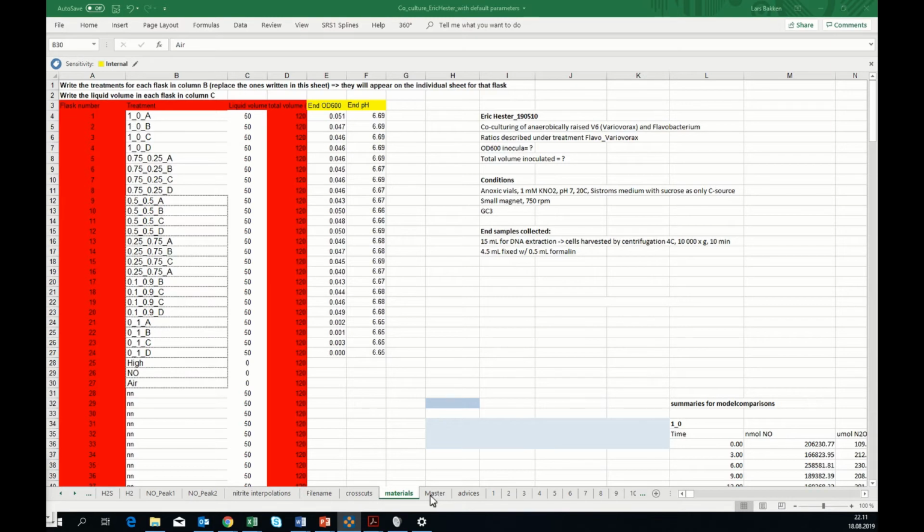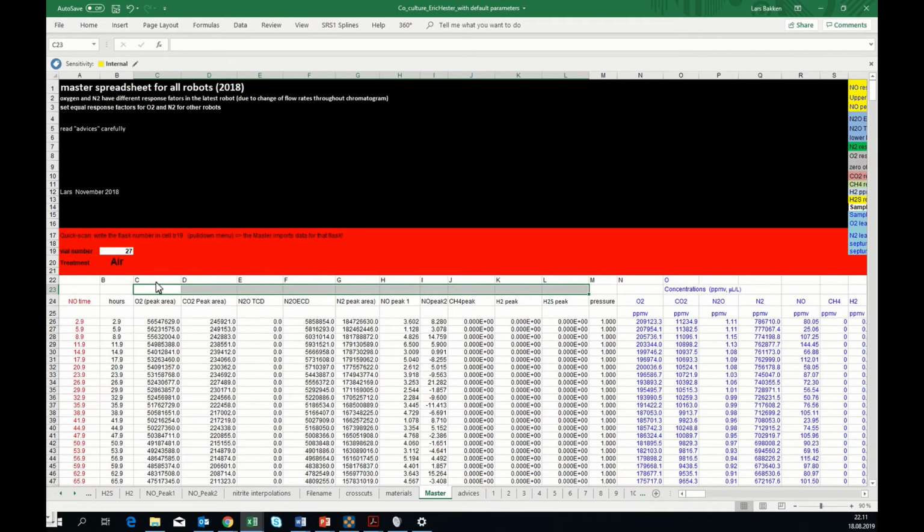So the first thing I do is I go to master, and I take in one of my standards, and I start with air, and I know that my air standard contains 210,000 ppm of oxygen and 780,000 ppm of nitrogen, and they aren't exactly right here. Sometimes, for some robots, the default values in KINCALC are completely crazy compared to this, so you can get any number you want. You can't be anywhere near in some cases with the default values,